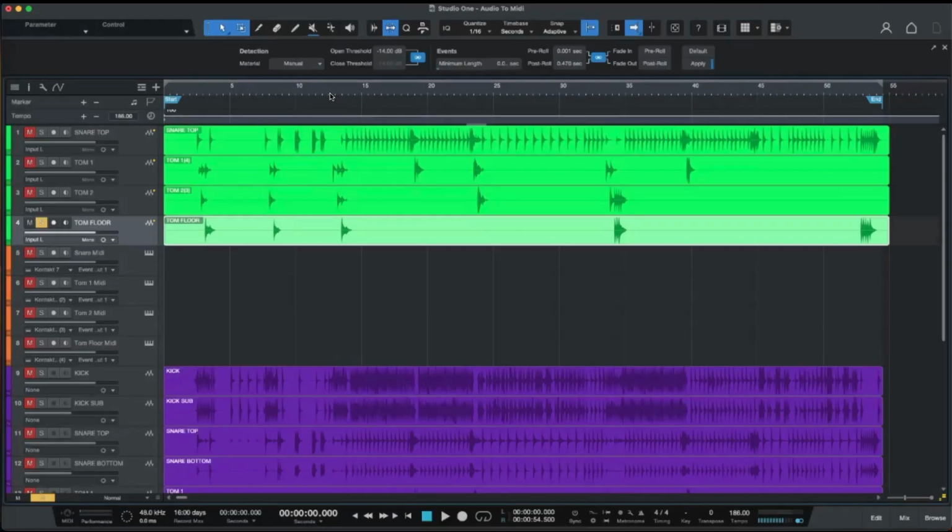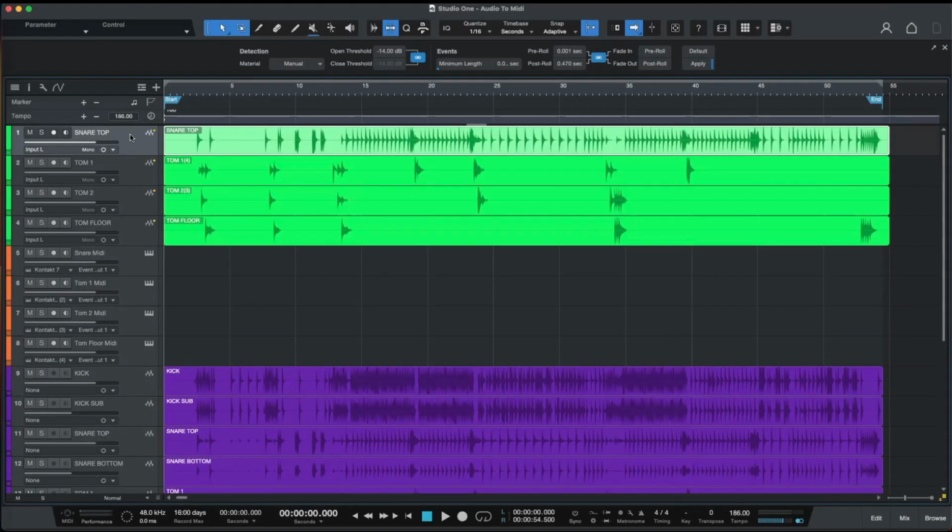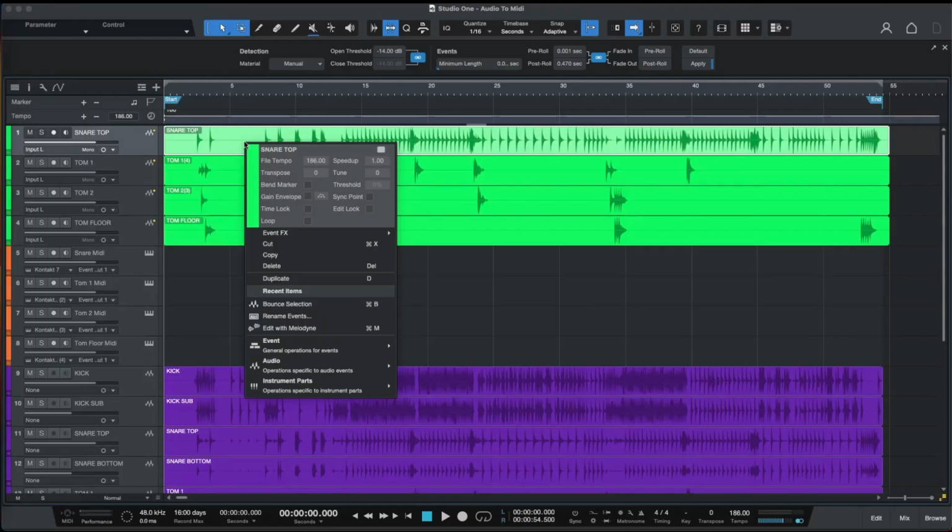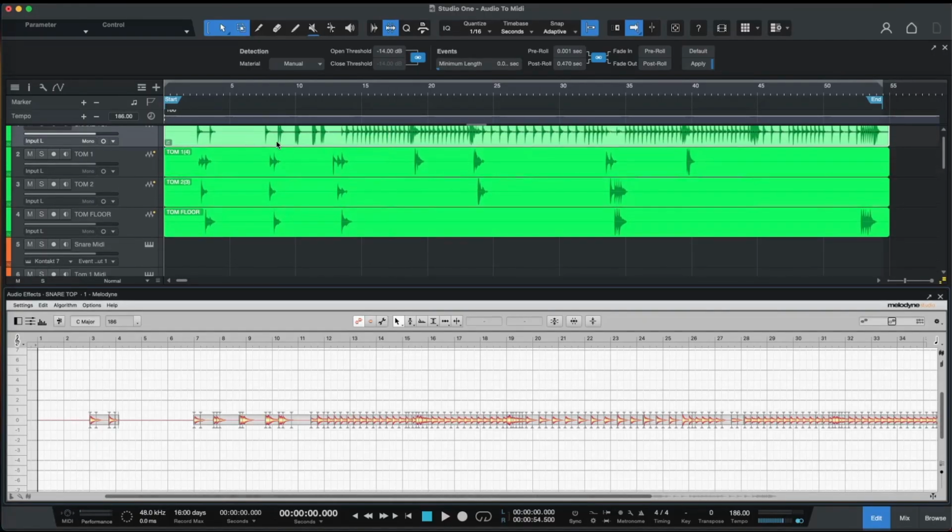Again we have a super clean thumb floor audio track. Now, after cleaning our audio tracks, again we can use Melodyne. So again, let's right click on our snare tab audio file and choose edit with Melodyne. Now again we can drag and drop our MIDI data from our snare tab audio file to